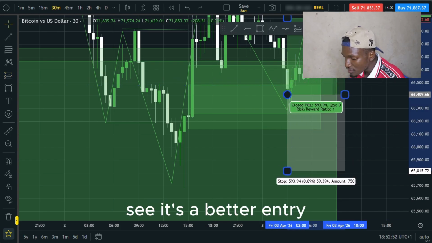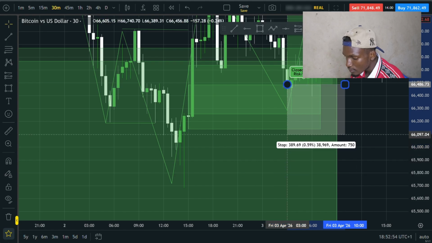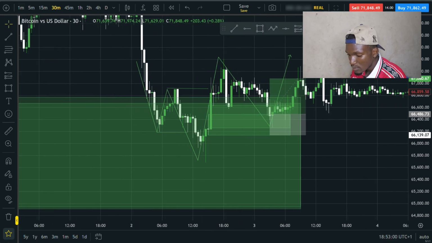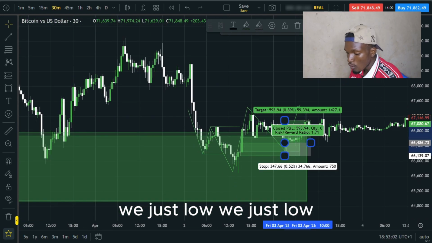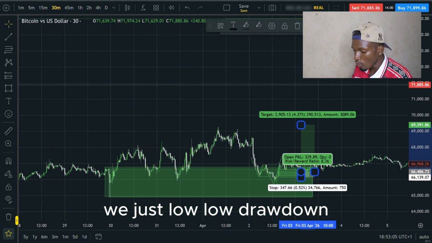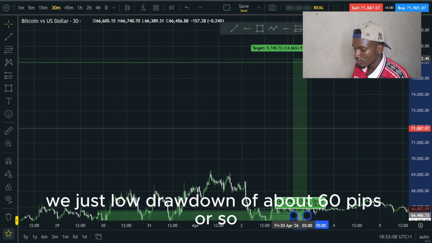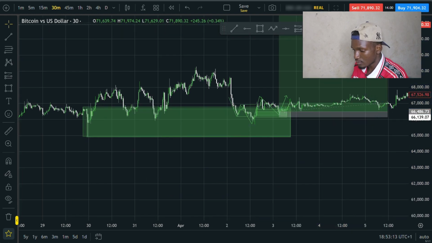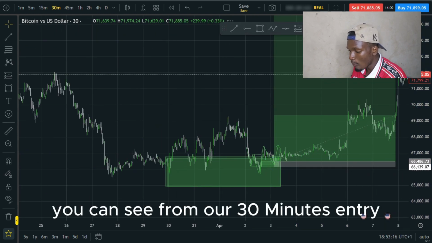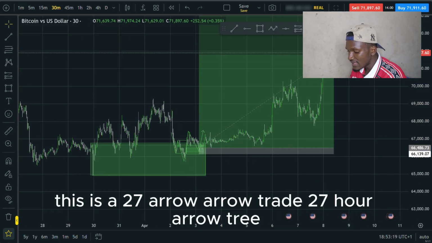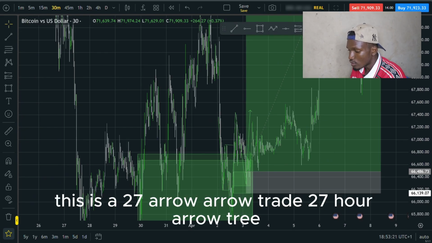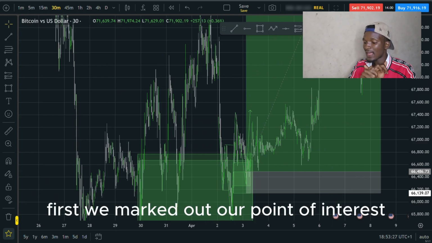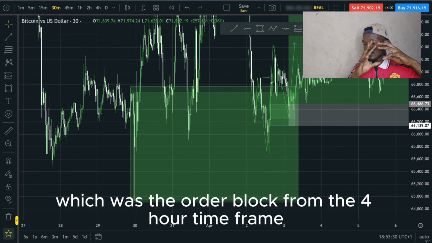See, it's a better entry. You can see it was a better entry with just low drawdown of about 60 pips or so. You can see from our 30 minutes entry, this is a 27 hour trade. First we marked out our point of interest, which was the order block from